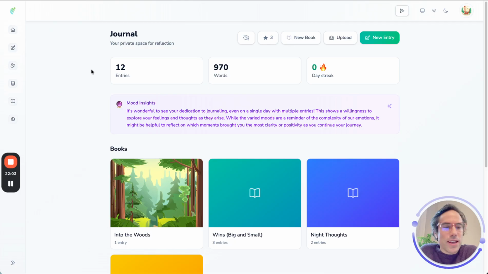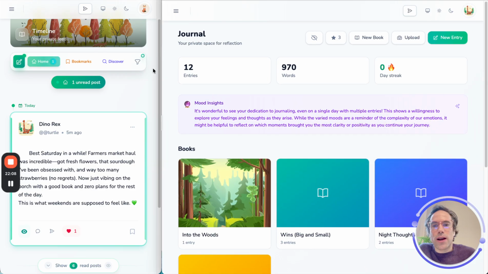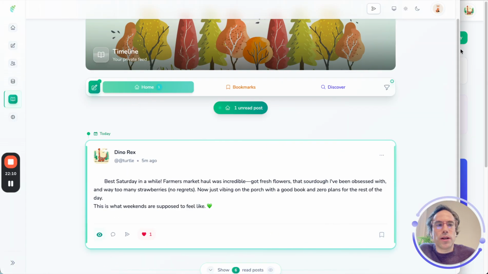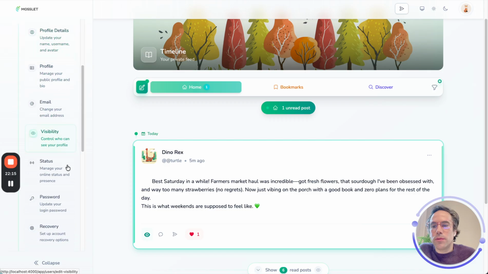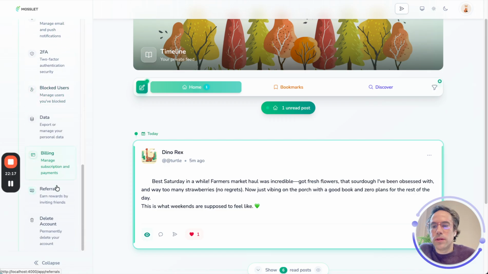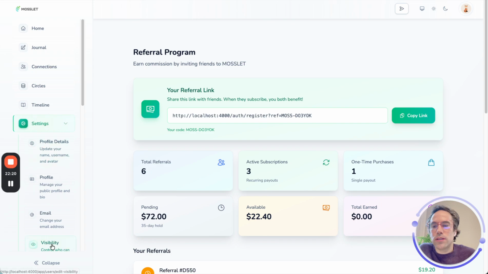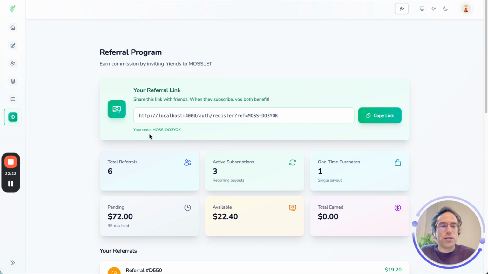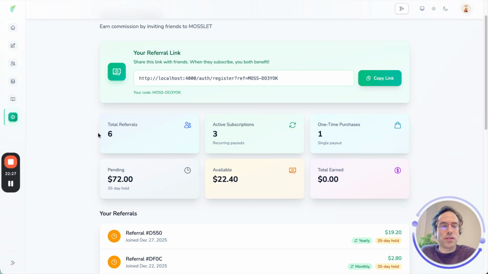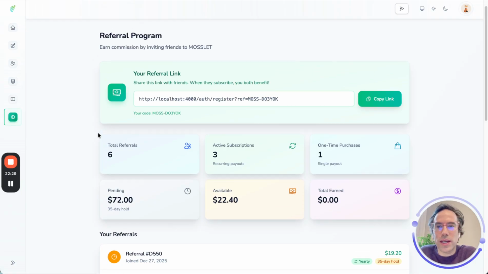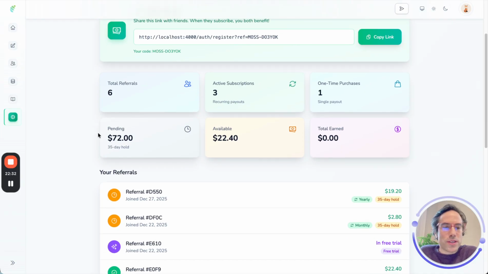And I think that's, oh, I wanted to show you the referral program from another account. So let's switch back over to Isabella. And now we're going to go to our referral program. Referrals. Excellent. And now here, this is what it would look like once your referral program is active. It's very easy to set up. We send you money via Stripe straight to your bank account. You get a percentage for the lifetime of that account of anyone you refer. So as you can see here,